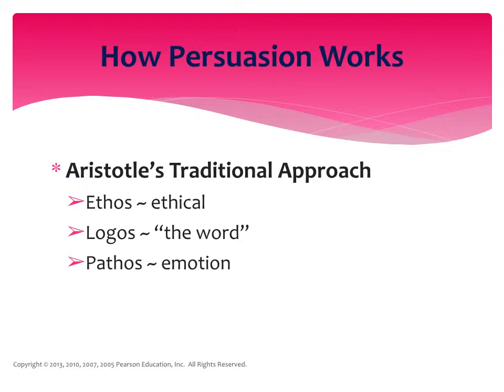Aristotle had the traditional approach. First of all, he looked at ethos, or the ethical aspect, and how it might be changed. Then he looked at the logos, the word is how it is literally translated, and how words can change and persuade an audience. And then pathos, or the emotion. And part of what we tend to get to often is the emotion. You realize that